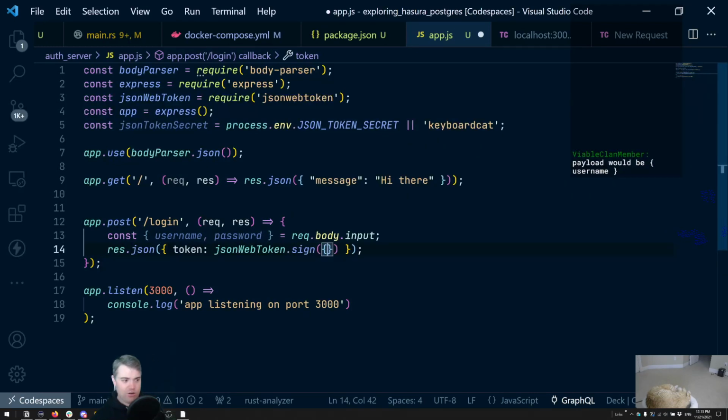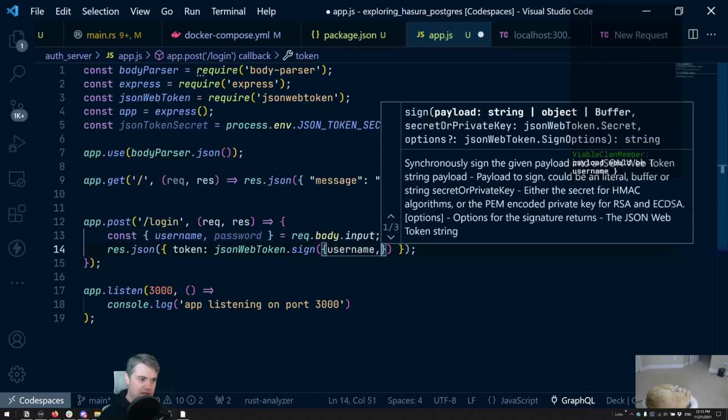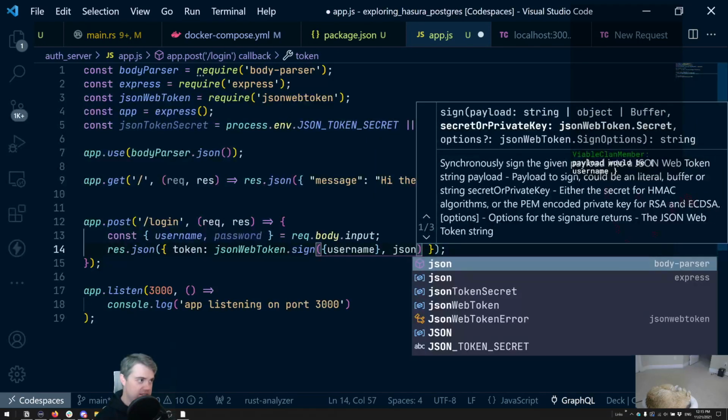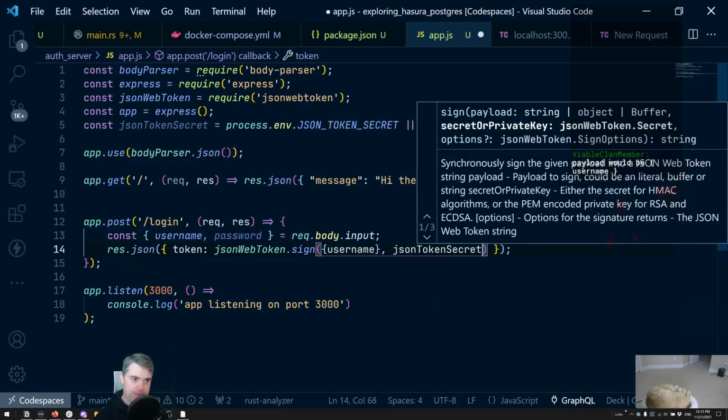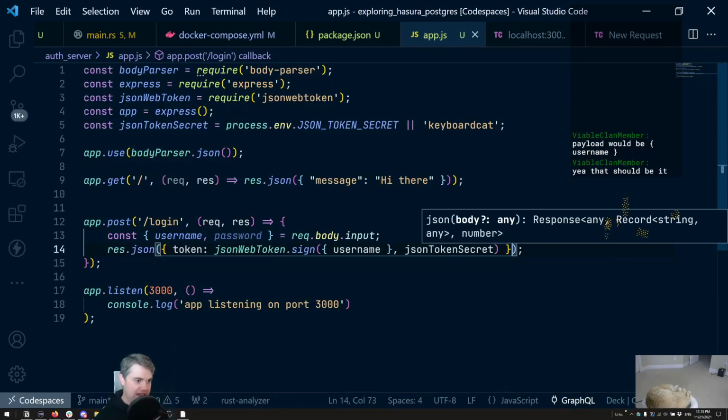But I don't know. Yeah, okay. Username. Let's see. Then secret or private key. So this is going to be the JSON token secret. And then options. I don't think I need options. It's optional anyways. So I'm going to return that back. Okay, so